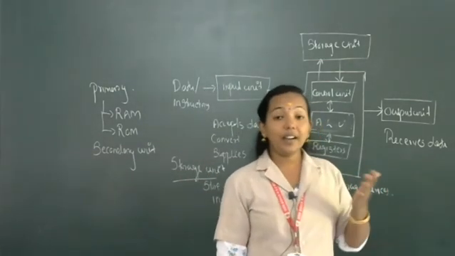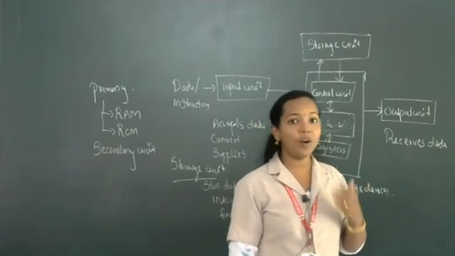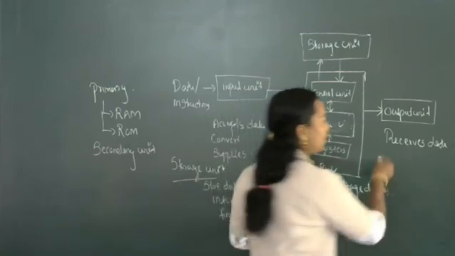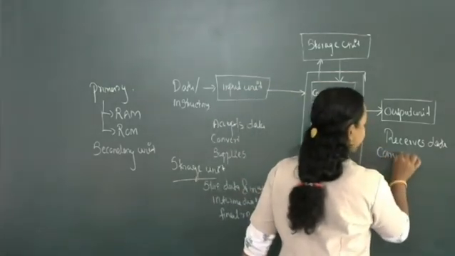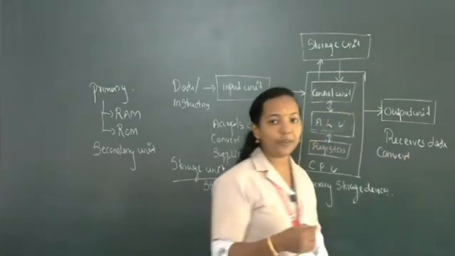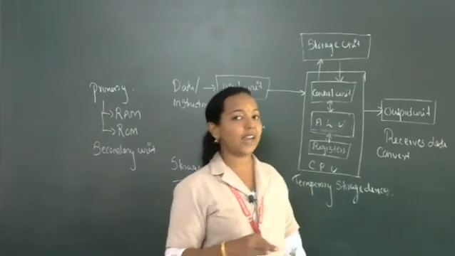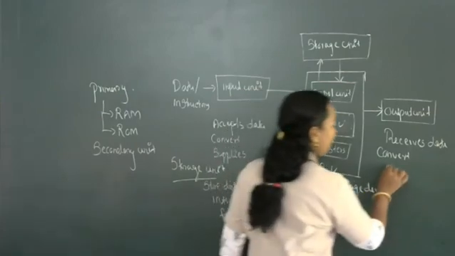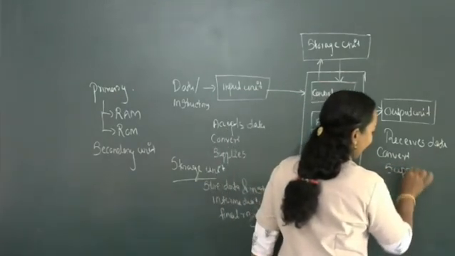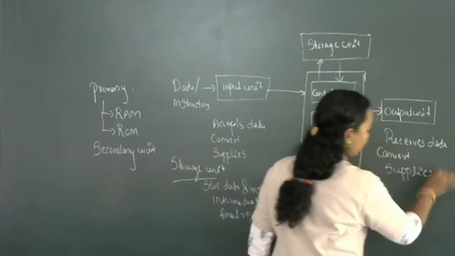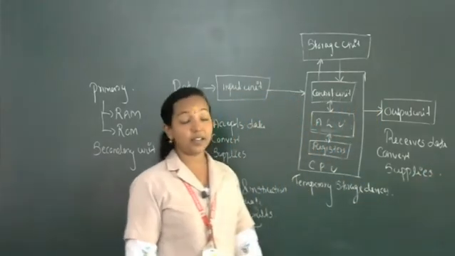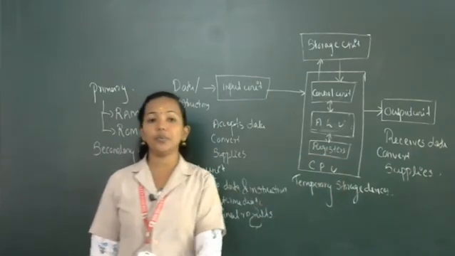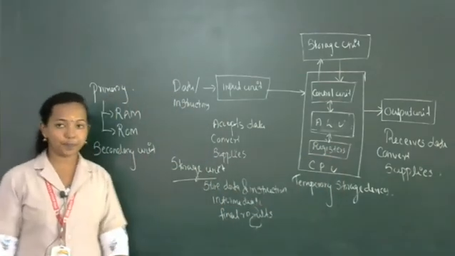Now the data is in the form of processed data and information, that means in computer language. So definitely it must be converted into normal, high-level, human-understandable language. So conversion is a must. After the conversion, it supplies data to the user. So these are the three duties of the output unit.